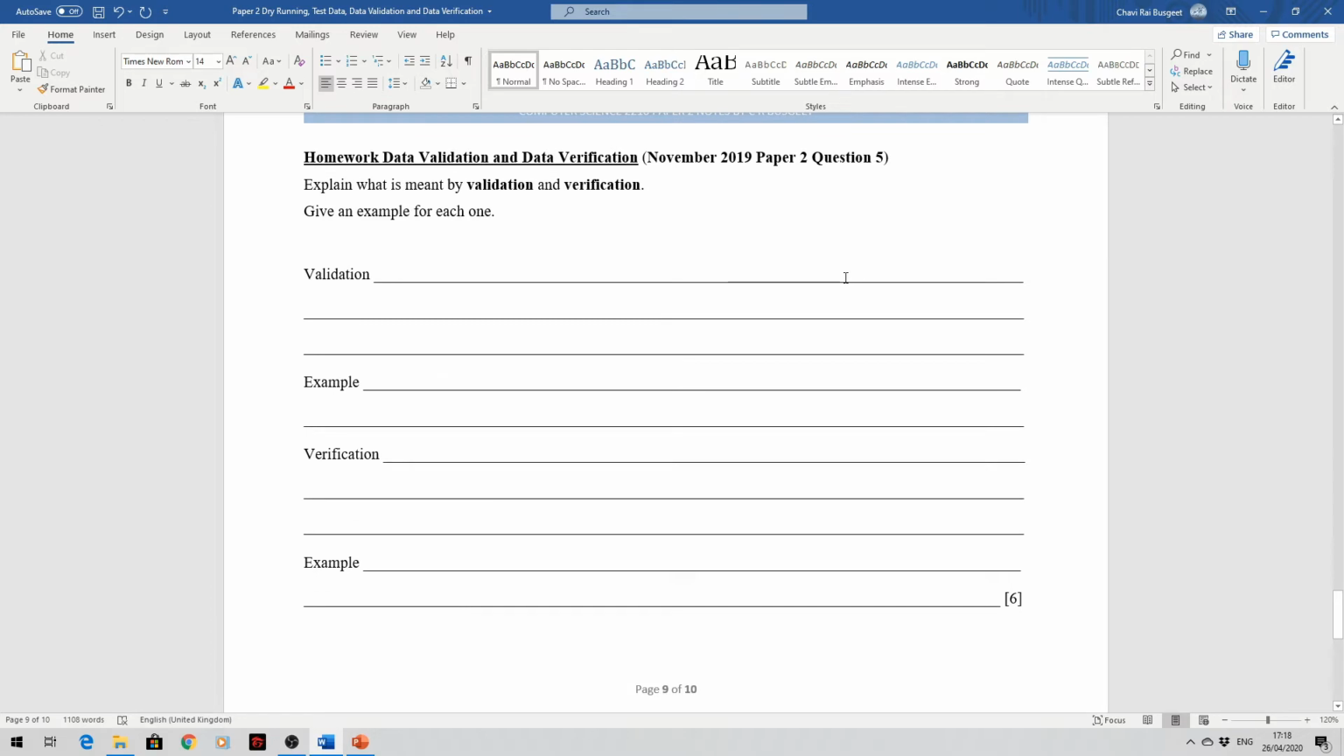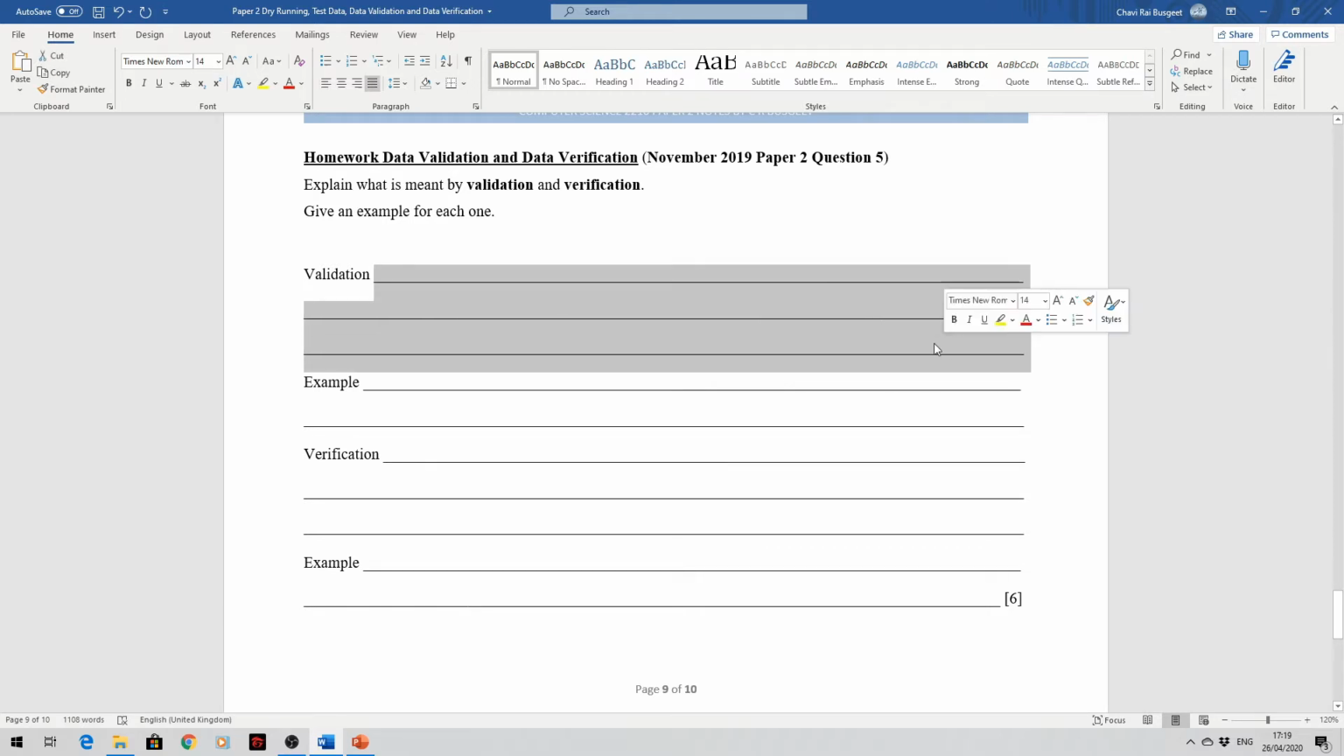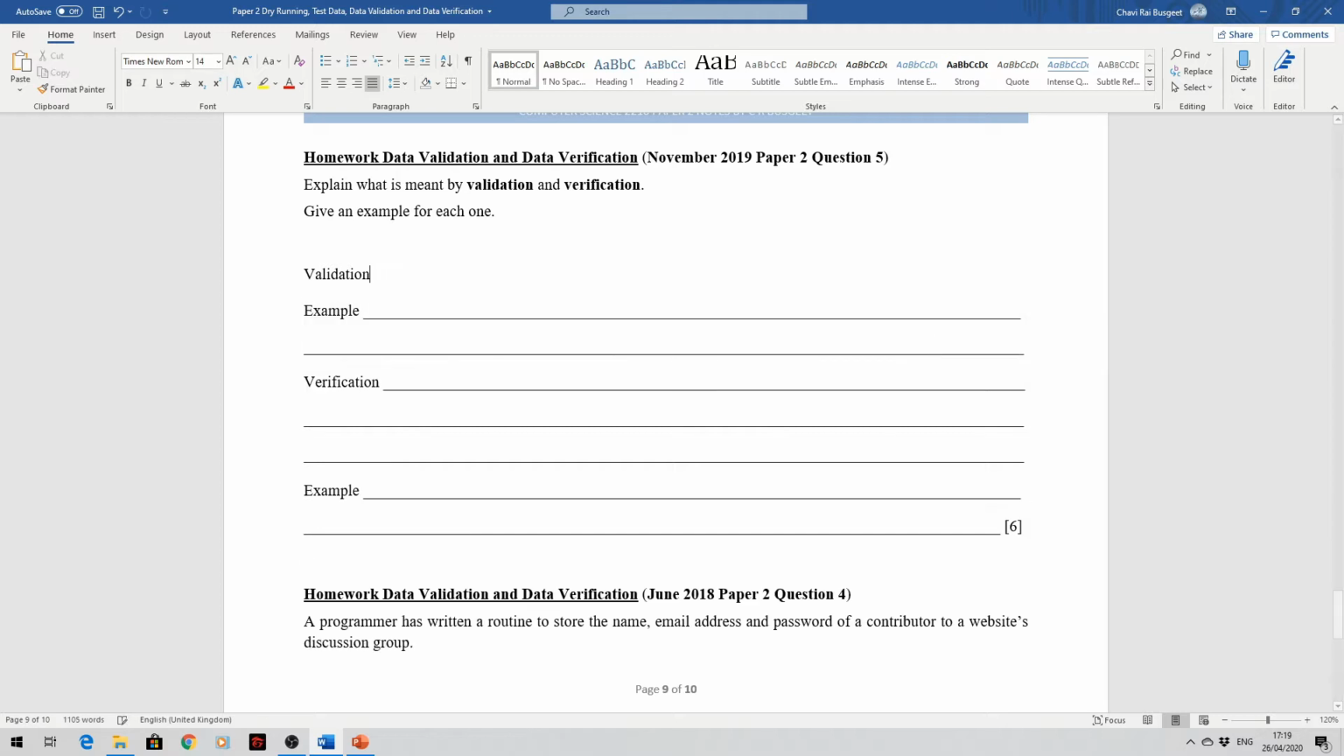Next question. Again, a question on data validation and data verification. Now, what is meant by validation and verification? And we have to give an example for each. Okay, so what does validation mean? So validation, it is a check. Same as the notes that were given to you. It is a check performed by means of a computer program